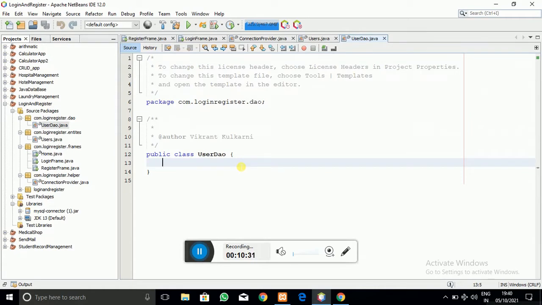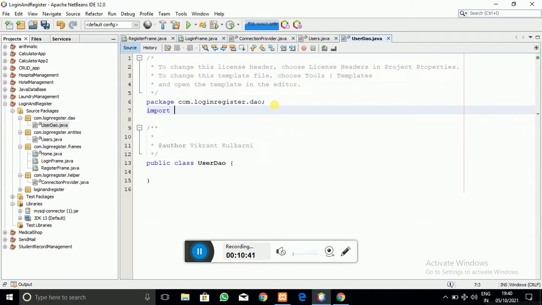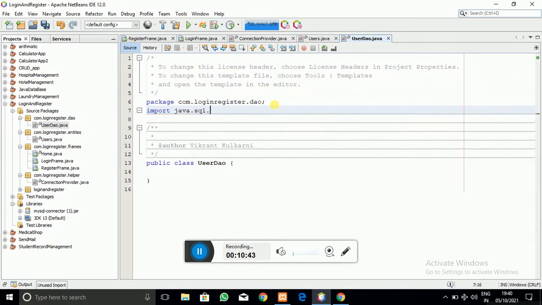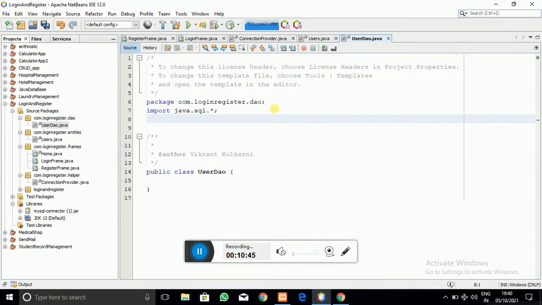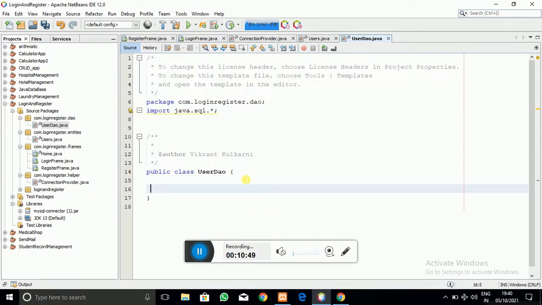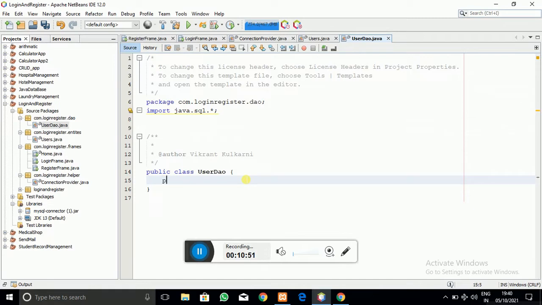Into that I am going to create a method. First of all, before that we require the connection object here, so I have to import the SQL package. Import java.sql.star, and also now I am taking a connection variable, which can be private.